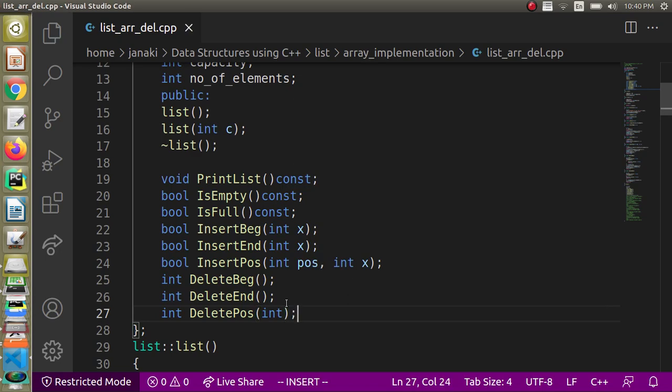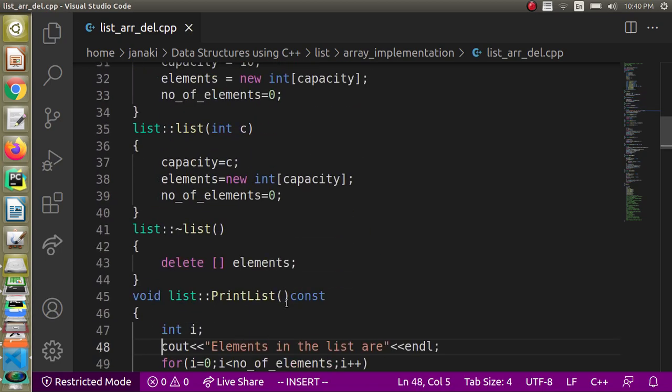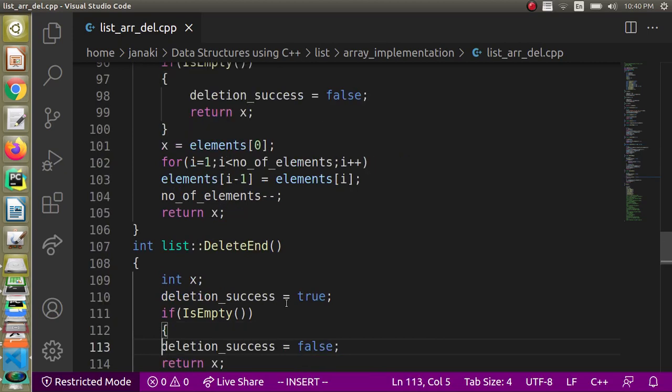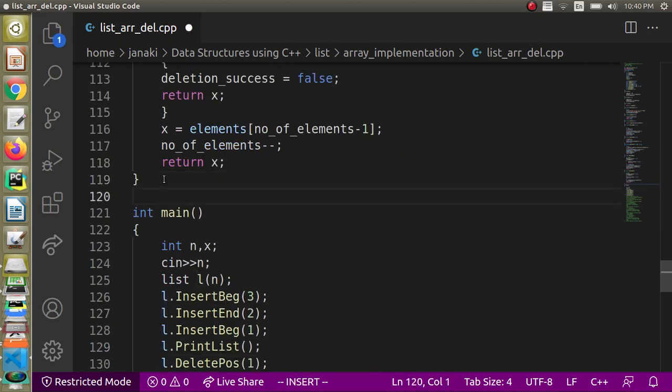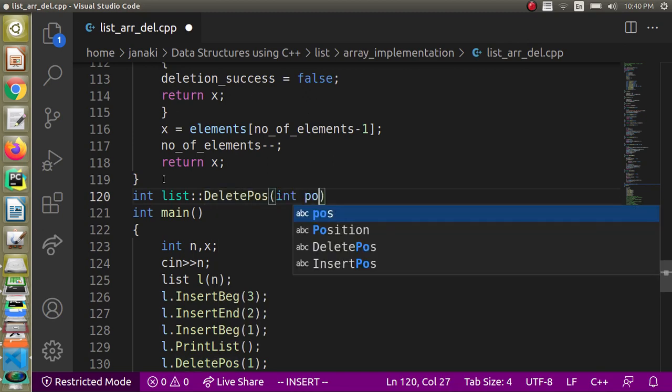So this will be the signature of the function. Let us come down and try to write it. The return type of the function is going to be int, and then deletePosition, we have to pass the position.